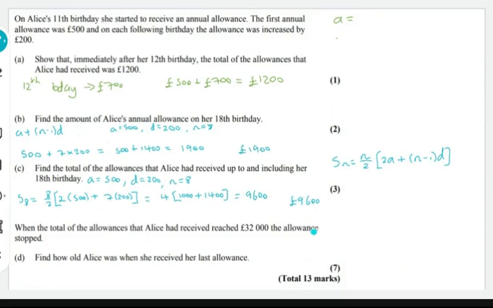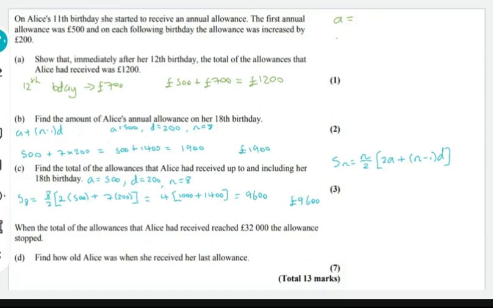But remember that she started off with £500 and it goes up by 200 each time. Oh yeah, it's the sum of it, okay, fair enough. Okay, so part D seems very long, 7 marks. So when the total of the allowances